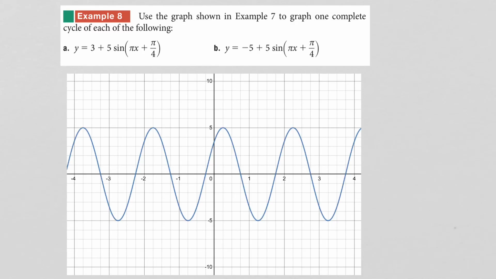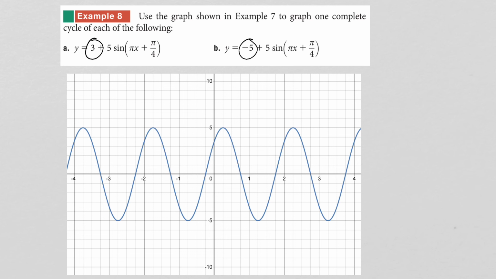The last example is going to talk about the only thing left to talk about. So we have discussed how to change the amplitude. We have discussed how to change the period. And we've discussed how to do a phase shift, a horizontal shift. We just got done doing all of that. The only thing that's left to do is a vertical shift. So when you add a number or subtract a number to the function,